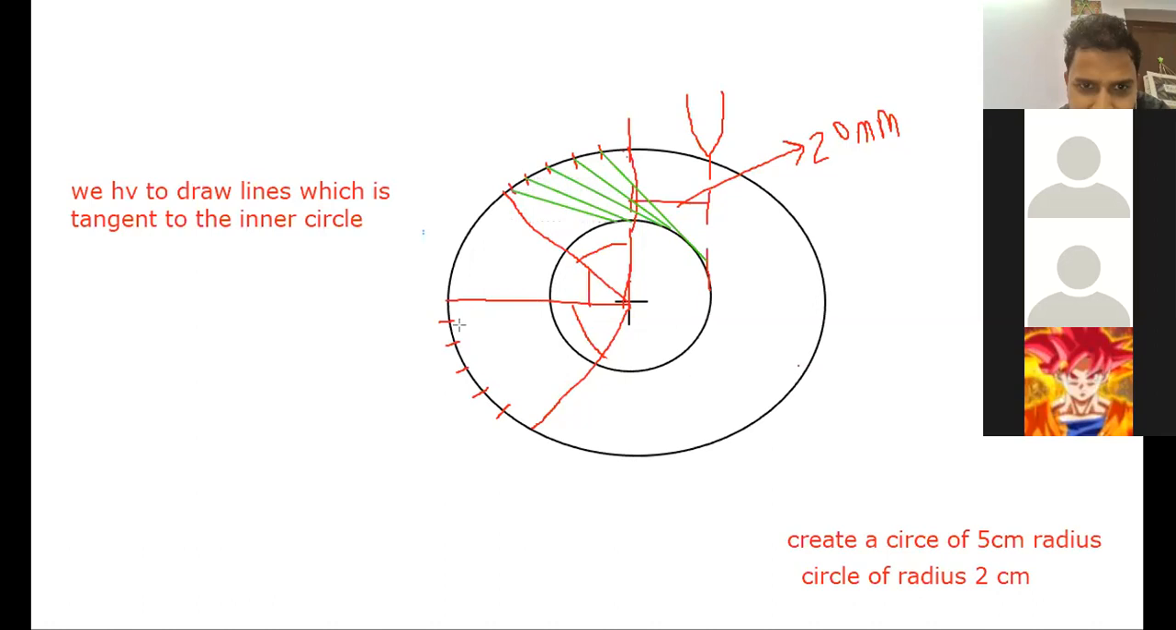Correct. Similarly, these points also we would draw the tangent to the inner circle. So this point,